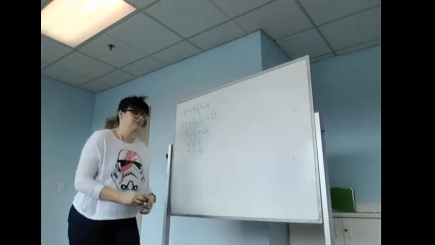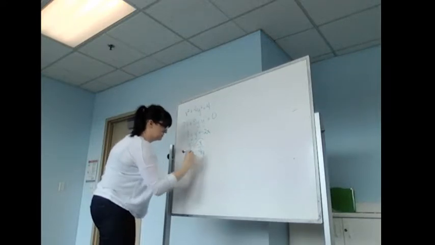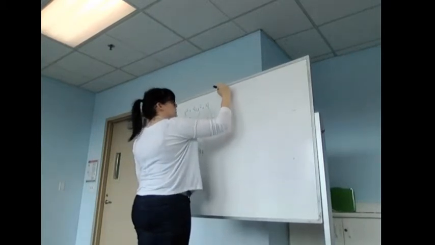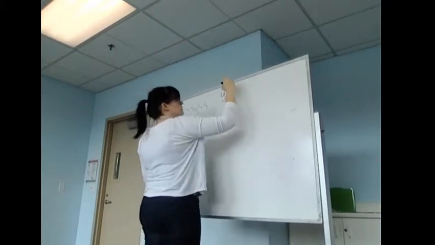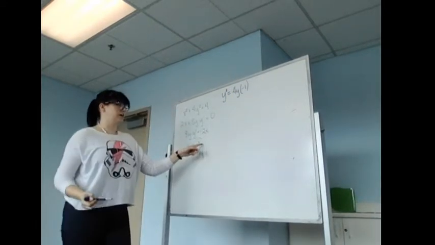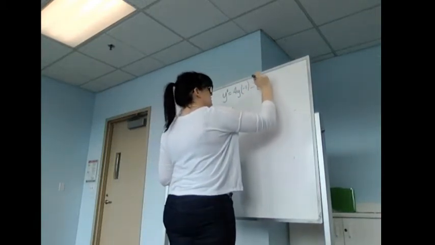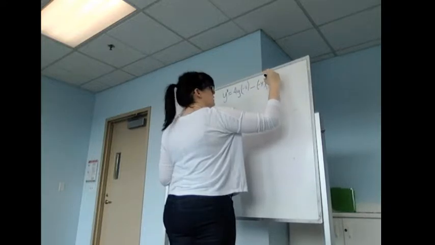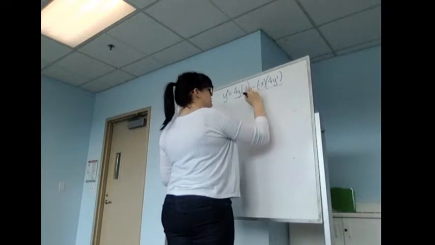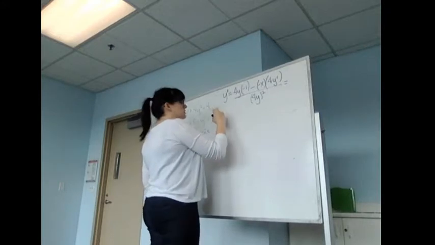Let's switch colors. Okay, so let's differentiate this again. So you get y double prime equals the bottom times the derivative of the top, which is -1, which is negative x, minus the top, negative x, times the derivative of the bottom, which is 4y prime, over 4y squared, which equals -4y